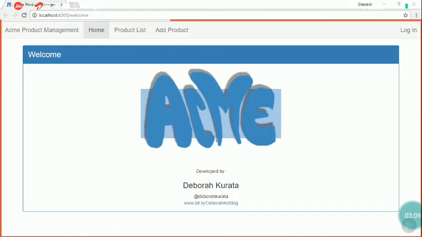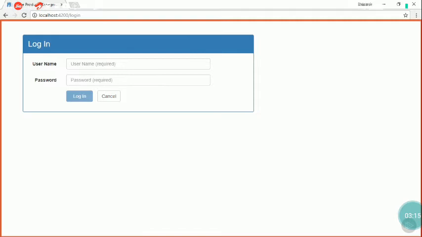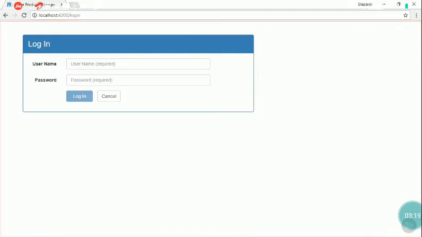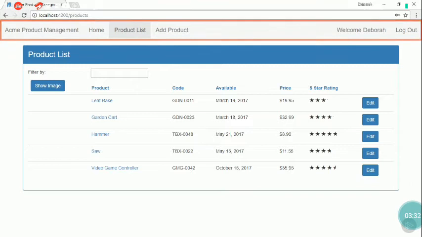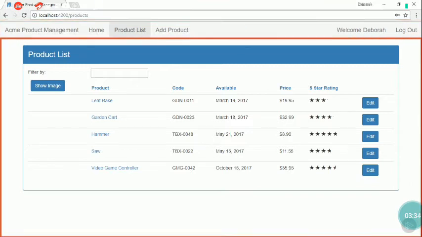The root app component contains only a router outlet. That way we can route pages, such as our login page, to this router outlet and not display any title or navigation bar. Note that the login does not check your credentials, so you can enter any values here to log in. We then have a shell component that provides the application shell. It has a title, a navigation bar, and another router outlet where the router places the main views, such as